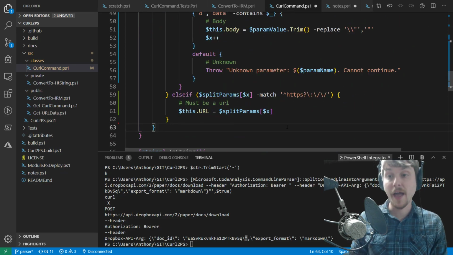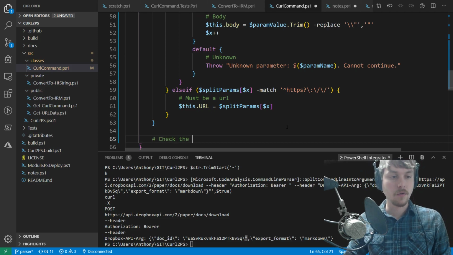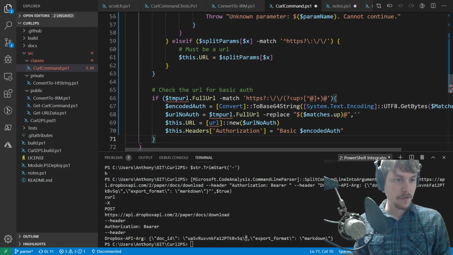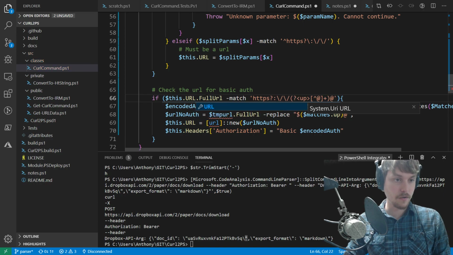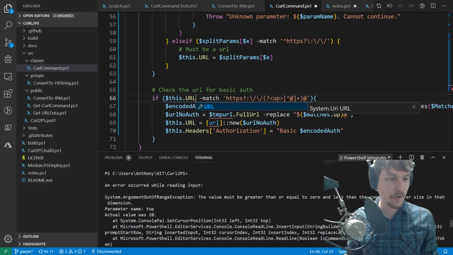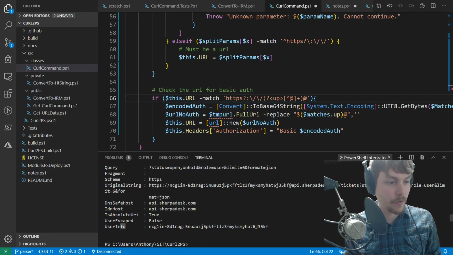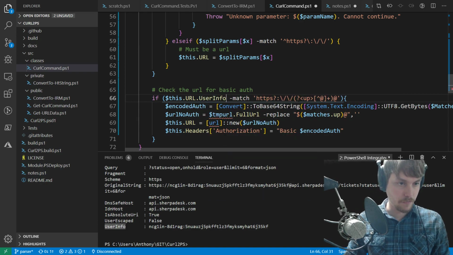We're going to do this after the for loop because then we can check the URL for basic auth. If this.url, one of the values, I forget what the name of it was, but we already looked at this, user info. If this.url.userinfo,